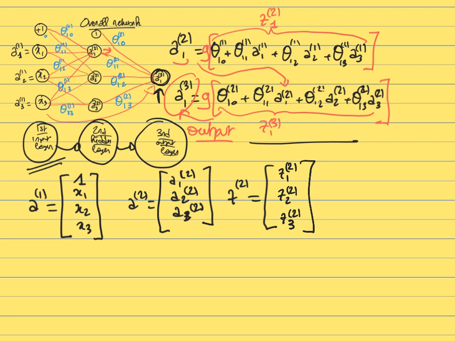Because now what you can write is how you go from the vector in layer number one. The first thing is that they are going to be transformed into the variable z by being combined with each other, and the way that you're going to combine them is by multiplying with some weights.